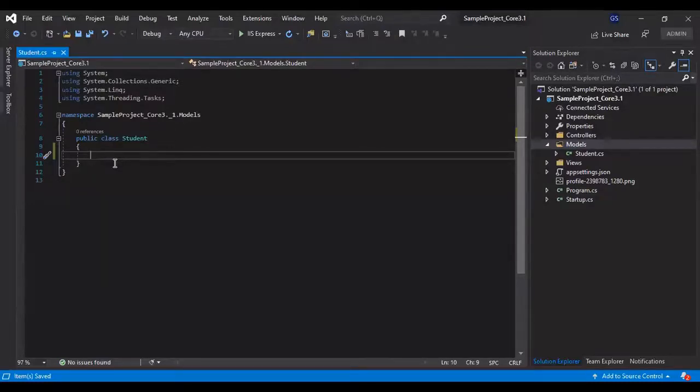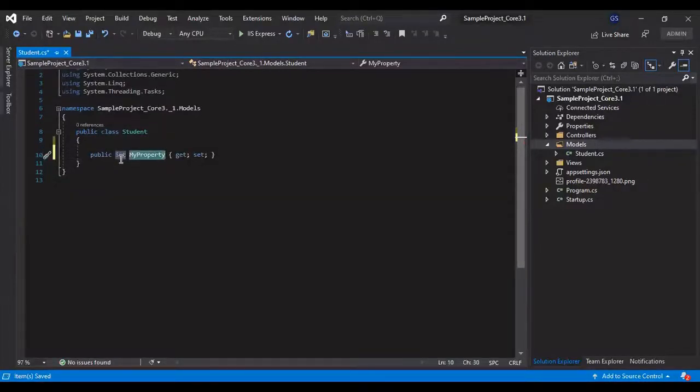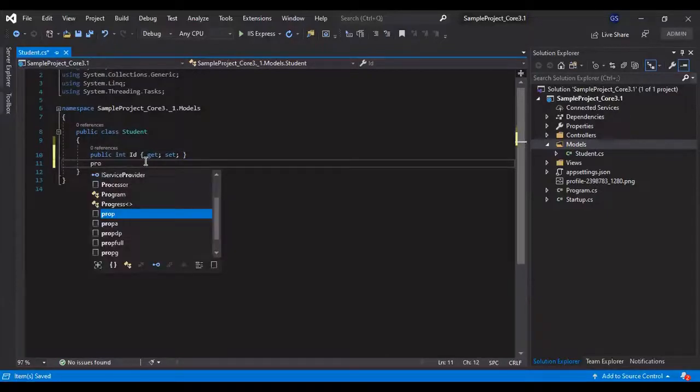To add a property quickly, we can use a shortcut. Just type prop and press tab twice. We get the opportunity to change the data type. We need ID, so we keep it as int. Press enter to add another property, prop.